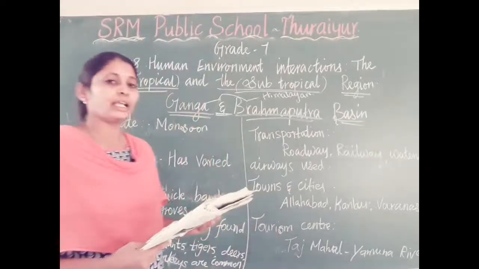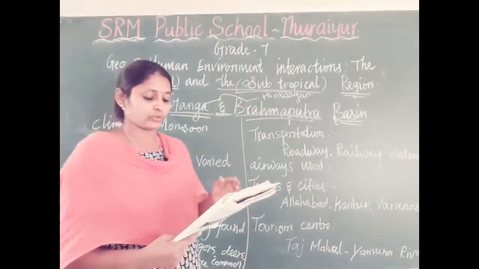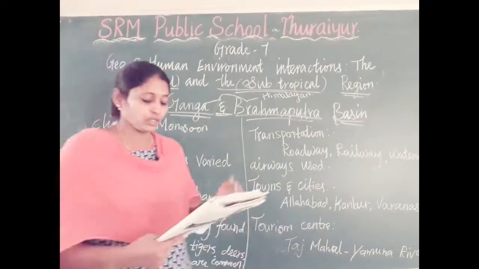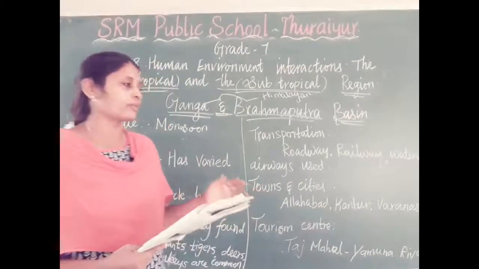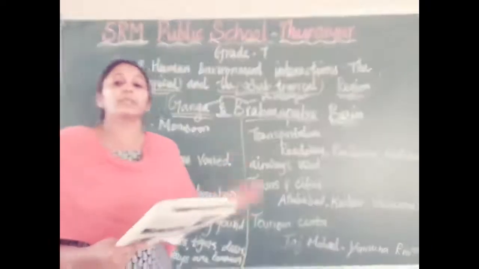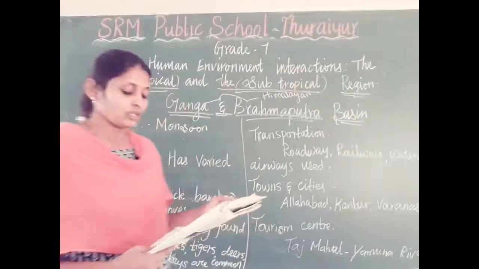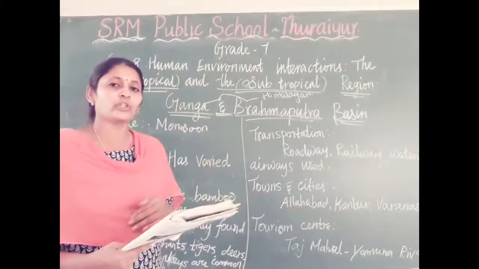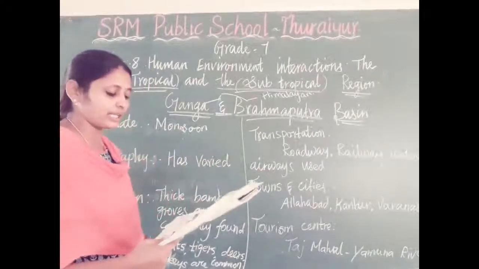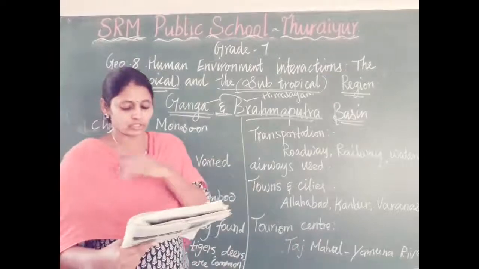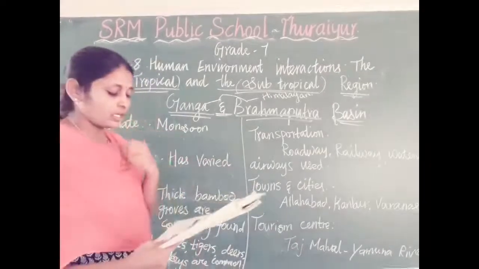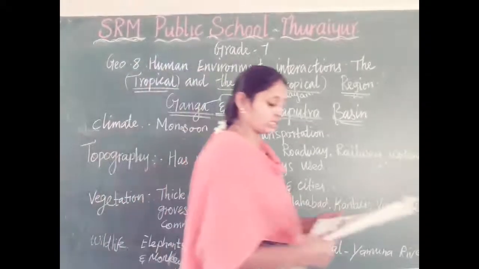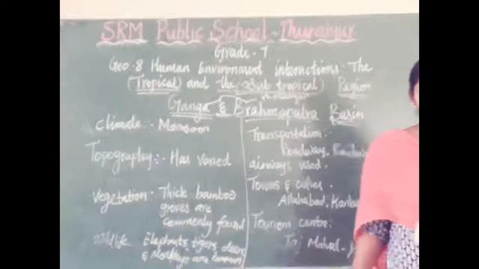Okay, and in West Bengal and Assam, tea plantation is very good, and silk production is also very good. The silkworm is produced in Bihar and Assam. In mountain regions and hill stations, they follow terrace cultivation, step cultivation. Okay, according to the vegetation, the lifestyle of people also changes.